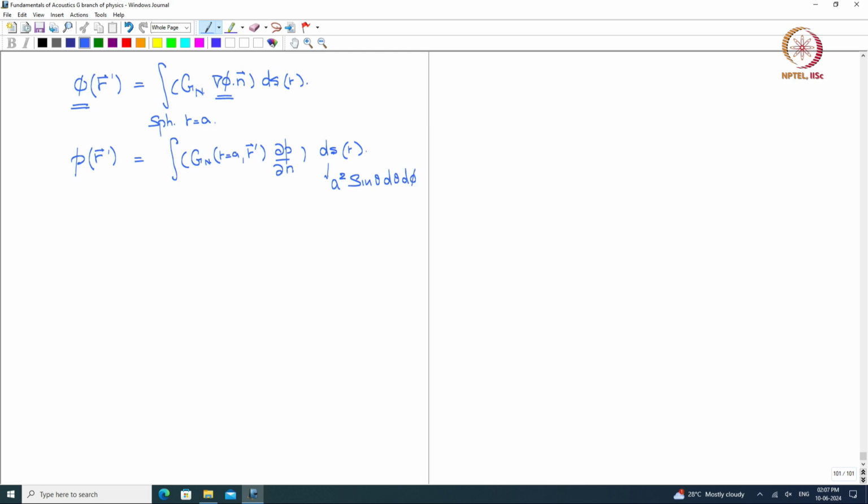Okay, we are on a surface, mind you, there is a surface element on a sphere. Now if we are looking at an exterior problem, then my n points this way, but my r points outward. Okay, so del p del n is equal to minus del p del r,